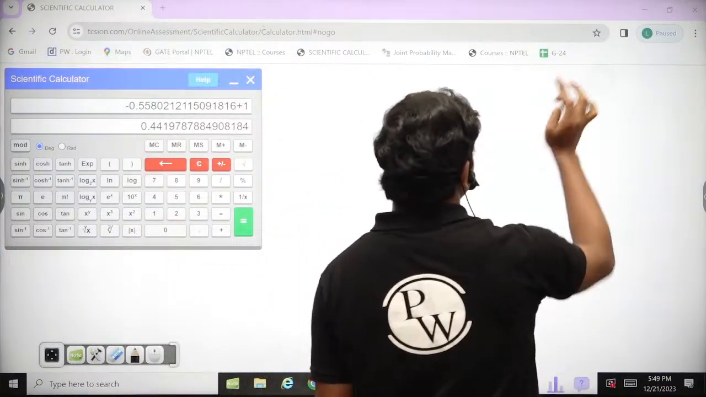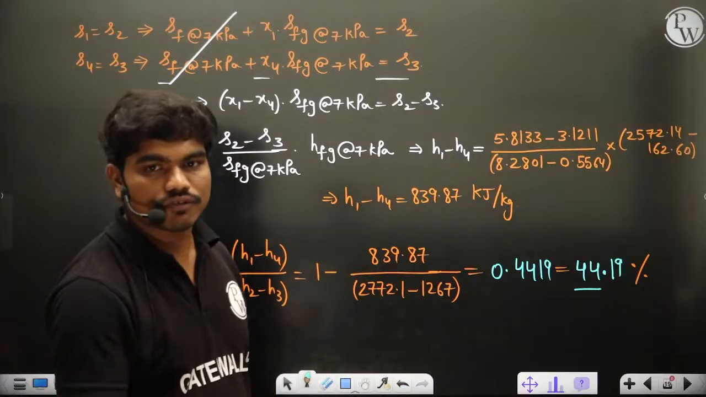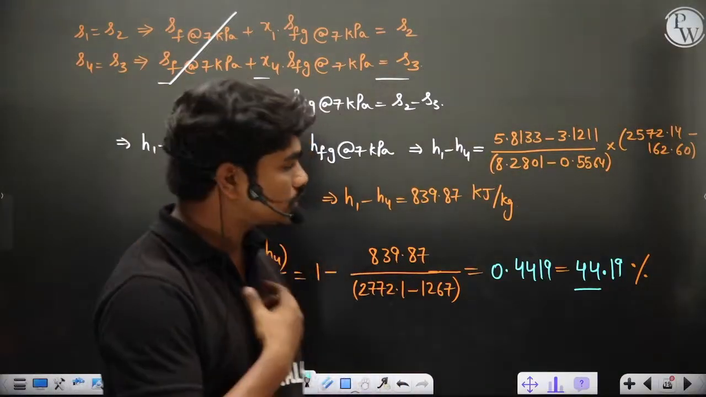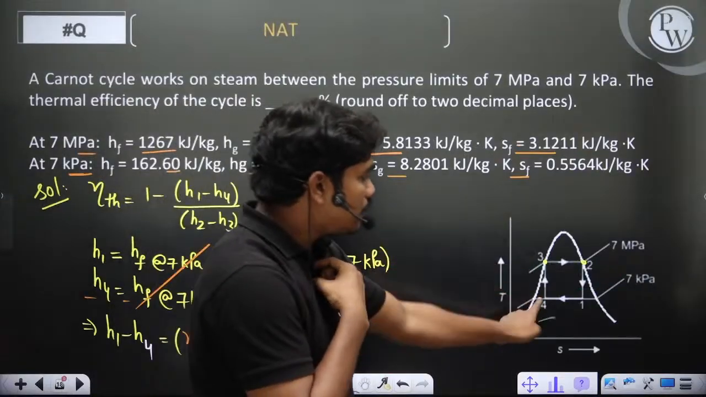I understand, because time is actually a bit short for this question. What I have given you, yes, 44.19 is the correct answer. Because this question is actually slightly lengthy, because these two are actually isentropics and entropy at both the states